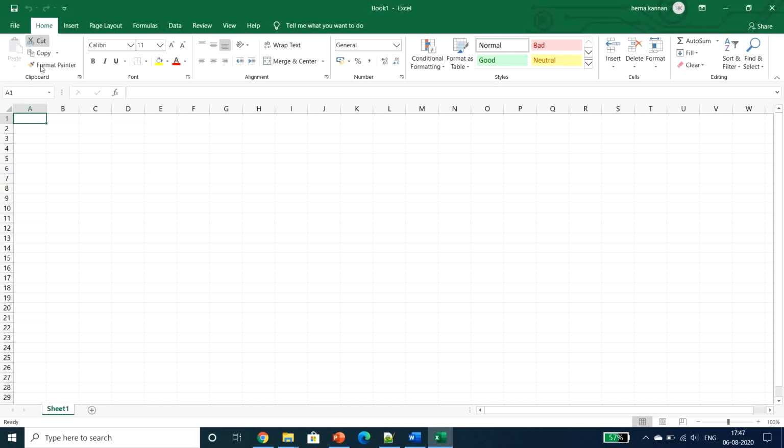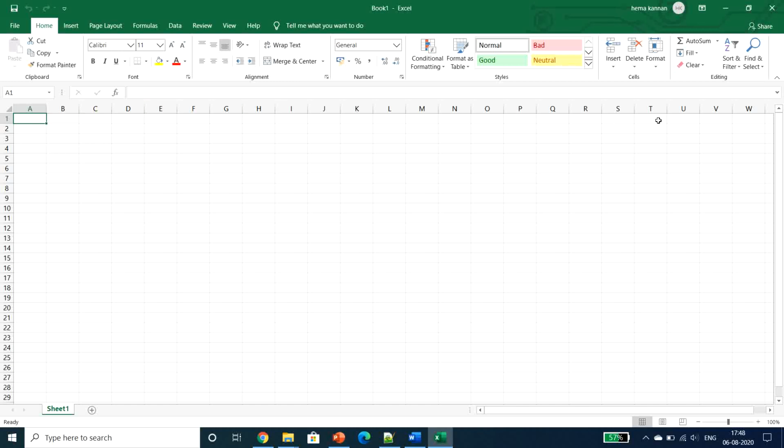In the Home tab, if you can see here, the main thing will be coming under the font option. Here you can see the font style, font size, and we can increase or decrease the font. We can bold our text, italicize our text, and underline our text. So these text decorations and text styling come initially, and then alignment, indentation, wrapping our text, and merge and center. These and all we'll see one by one here.